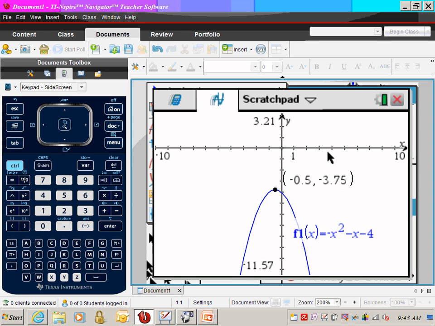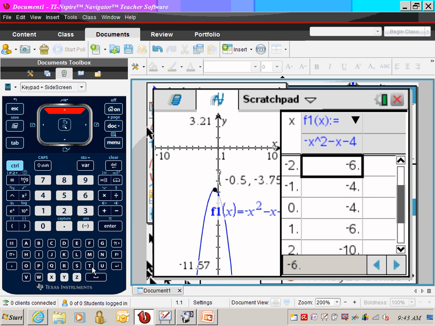Okay. So what does that mean for the table it's going to give us? Is it going to be on there? No, they're not going to be on there, right? So my x value, negative 0.5, that's between what two numbers? 1 and 0? Oh, negative. Negative 1 and 0, right? So if I click Control T, and I go between negative 1 and 0, if I look here, these happen to come out the same number,